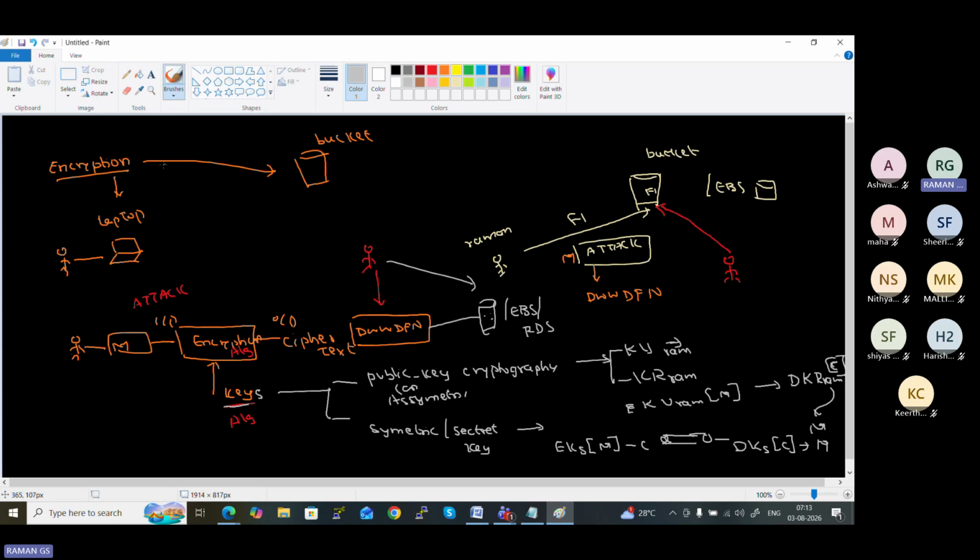So this process of converting the original message into ciphertext is called encryption. At the receiver side, the data is encrypted. If the user wants to read the data, this ciphertext will be subjected to another algorithm called the decryption algorithm. This decryption algorithm also uses keys. As I already told, there are two keys, either public key cryptography or symmetric. Assume you have symmetric, which uses the same key, and then the output of the decryption algorithm will produce